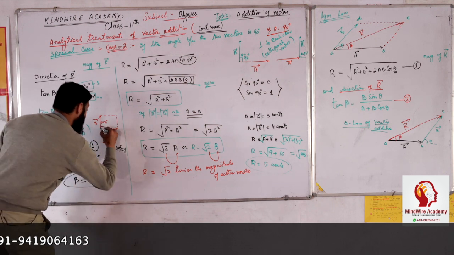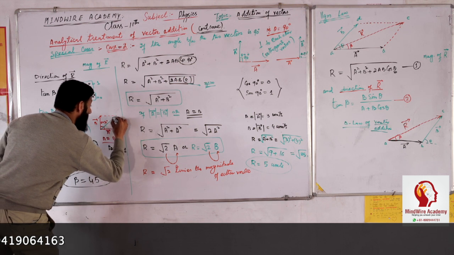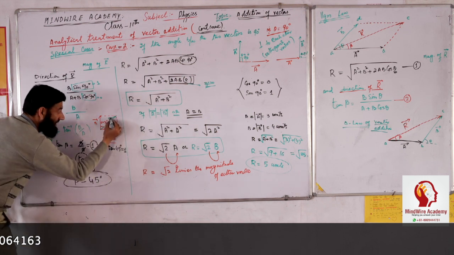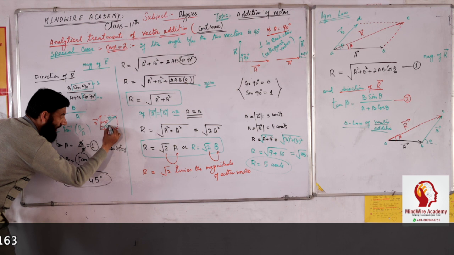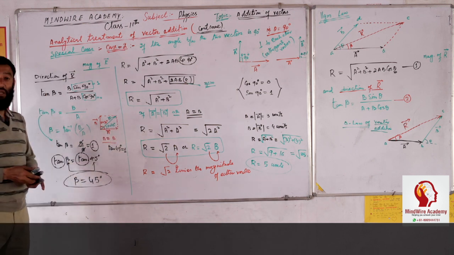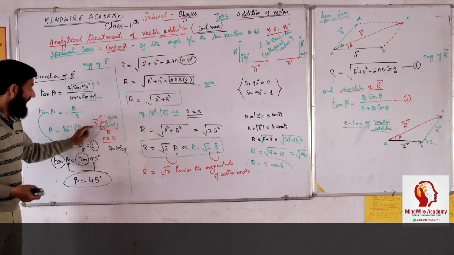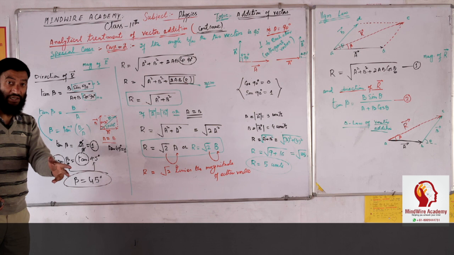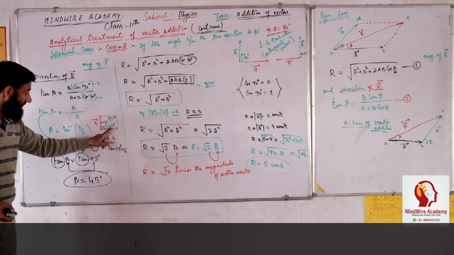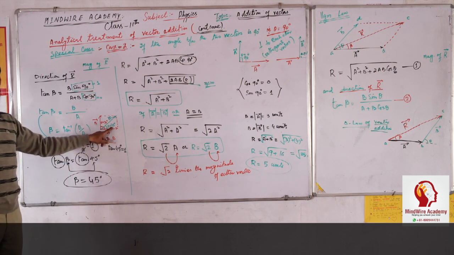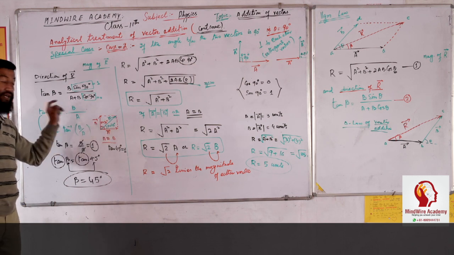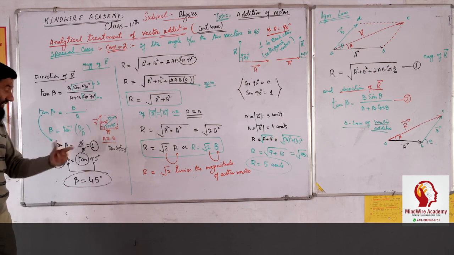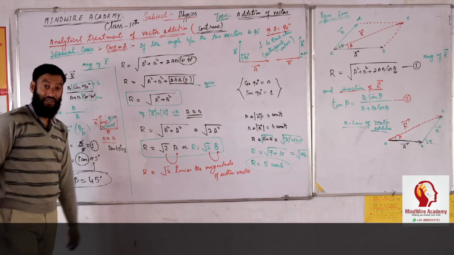That means exactly in this way we will get our resultant R, and this beta will be equal to 45 degree. And if you observe it keenly, the angle between A and B was 90, divide that into 2 equal parts, then you will get each part equal to 45 degree. That means the resultant bisects the angle between the 2 vectors. The condition is their magnitudes should be the same.